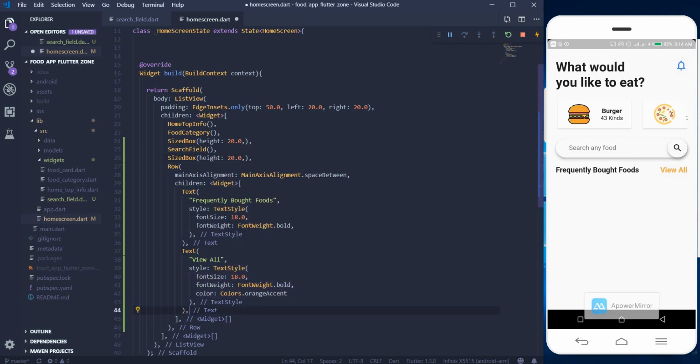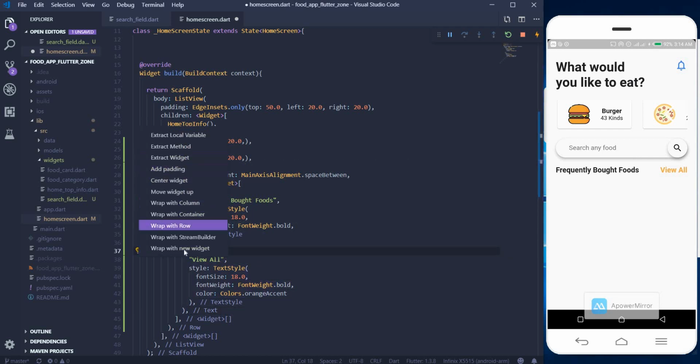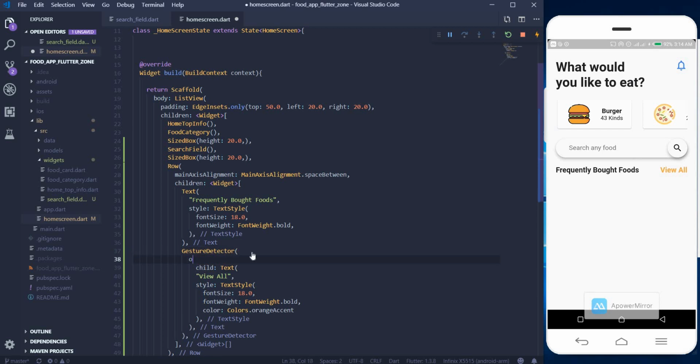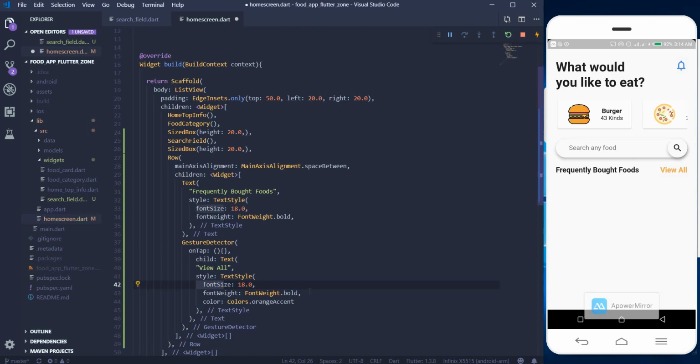So I'll just surround this one with a gesture detector. Let me just do this one. Let me wrap it with a gesture detector, and then we can set the on tap to null for now. Okay,